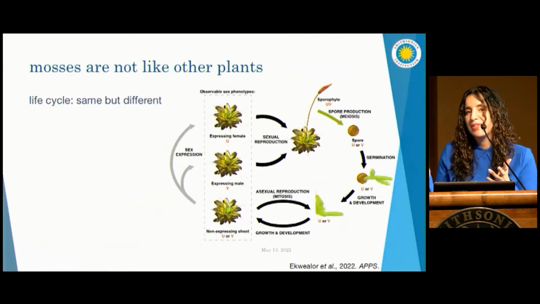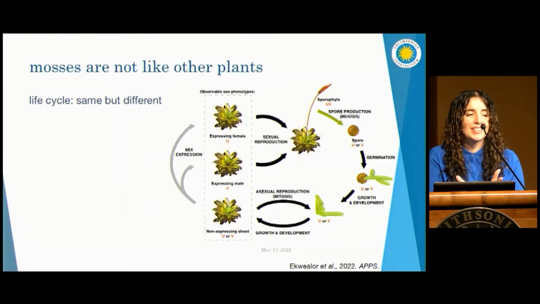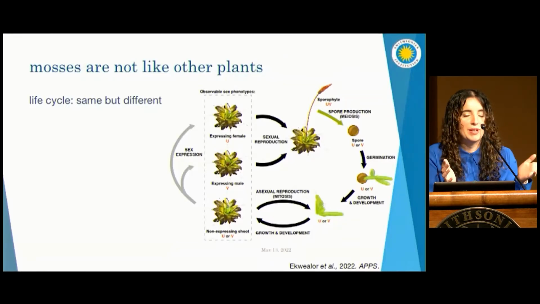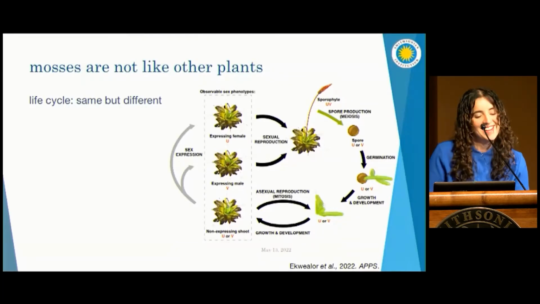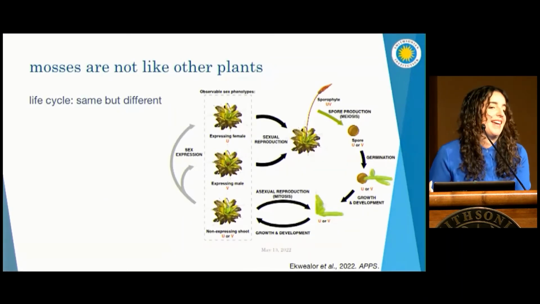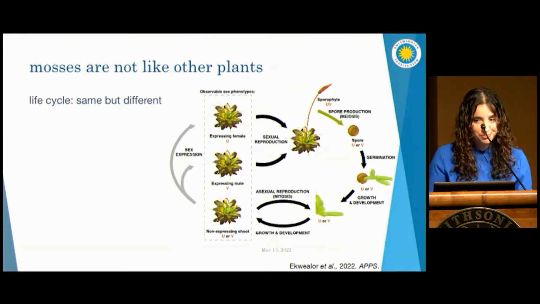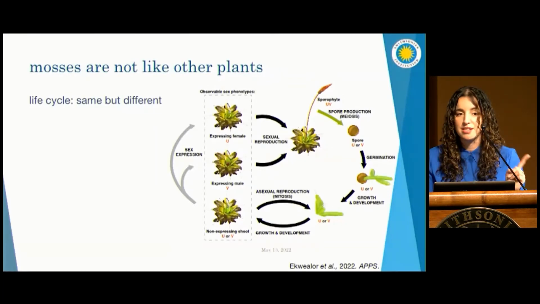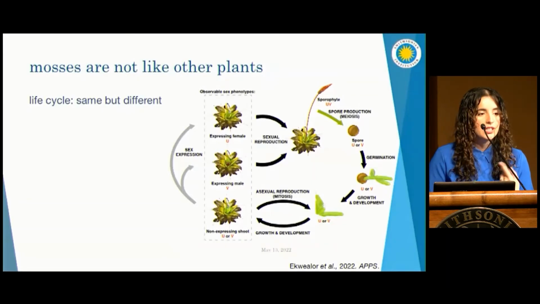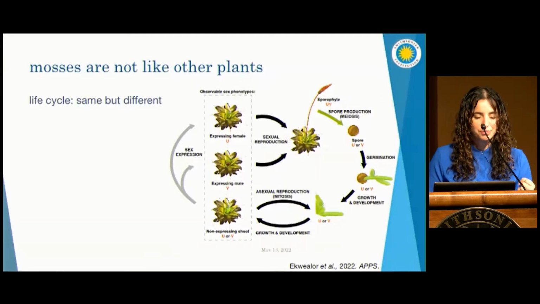So that was the one story, but I wanted to talk to you about their life cycle too, because it's pretty fascinating. You'll have to talk to me more about the UV stuff, because I have a lot to say on that if you're interested. But another way that mosses are not like other plants is in their life cycle. Like all land plants, they do the alternation of generations, but it looks a little different than most plants that we're probably all familiar with.